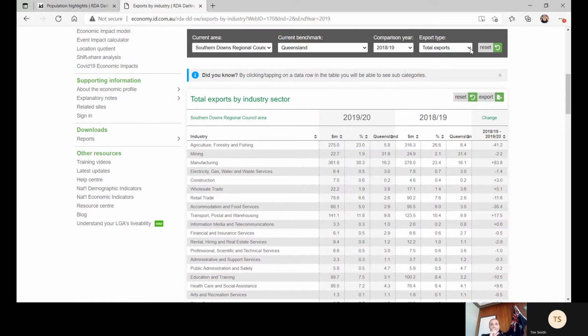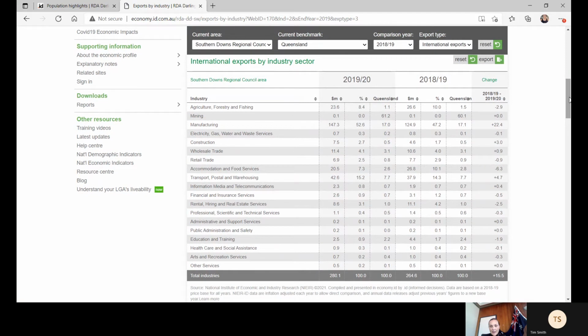So one of the things that a lot of councils did when COVID hit was contact us about their exposure to international trade and the problems that were going to be associated with supply chain and things like that. And certainly this was the place that we were looking: how is this going to affect our international exports? How exposed are we? Because at the time, we were finding it very difficult to get things out. We were finding it difficult to get things in